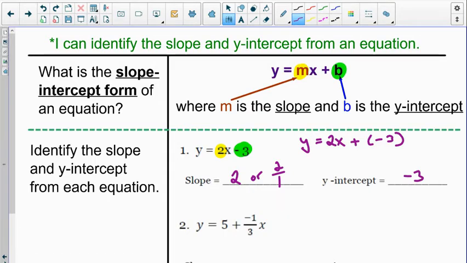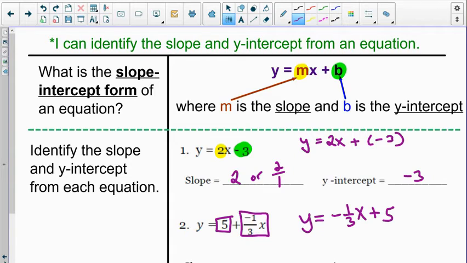All right, for number 2, we have y equals 5 plus negative 1/3 x. And don't be fooled on this one. Notice that the x is in a slightly different location. It's not y equals something x plus another number. The x is kind of at the end. So keep in mind, you can rearrange terms in an equation as long as you're keeping the signs correct, so we can switch these around. Basically just do a flip and say it's y equals negative 1/3 x, and then we put the plus 5